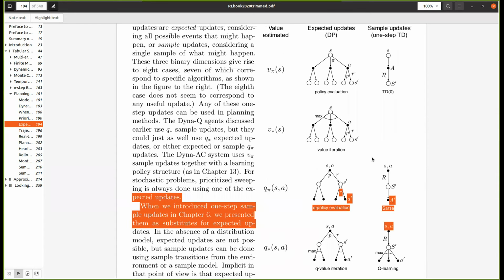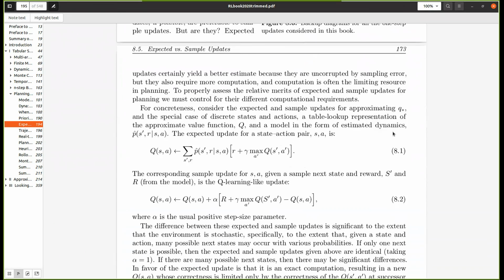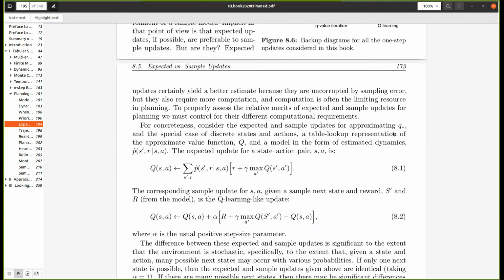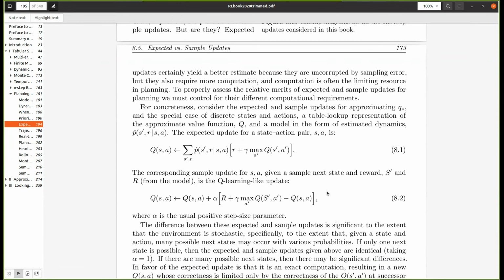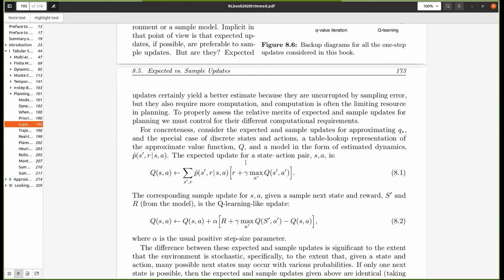Yep, so true. That is why we have a blank place there. Okay, let's have a look. What do we have here? Yeah, so the expected update. You can see that it is given as